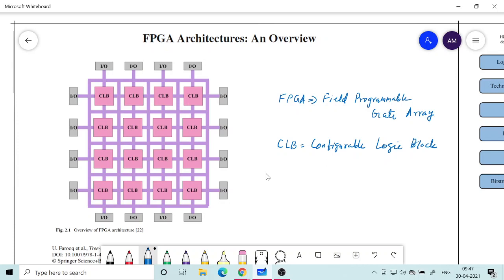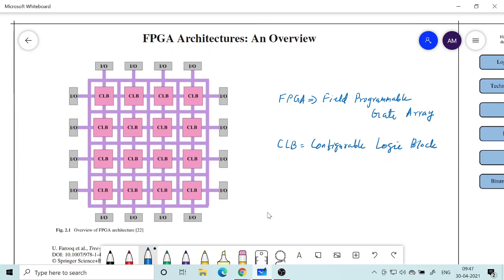And then you have the second part, the most important part, the one which takes a large amount of area inside the FPGA, which is these purple lines that I am showing. Now what are these purple lines? These purple lines are basically interconnection networks.